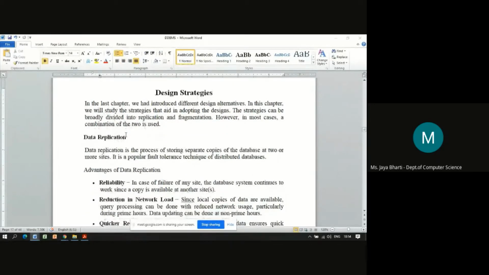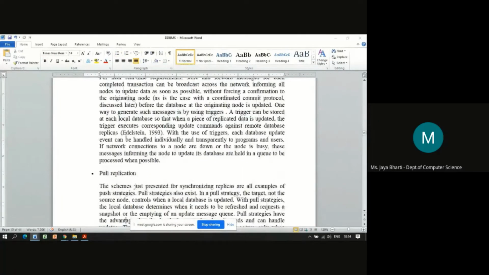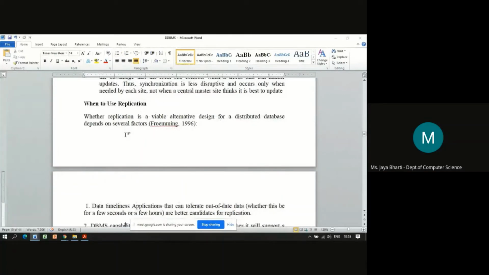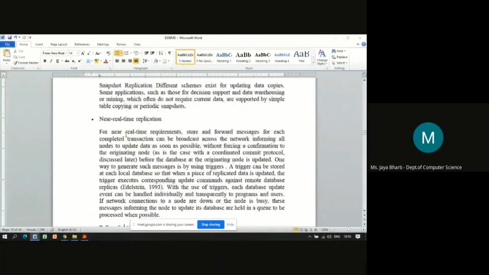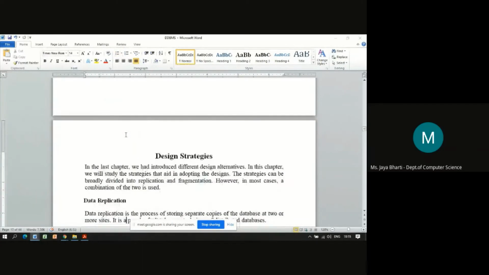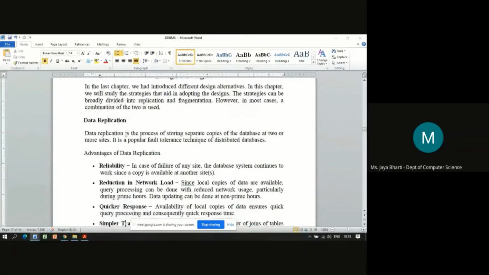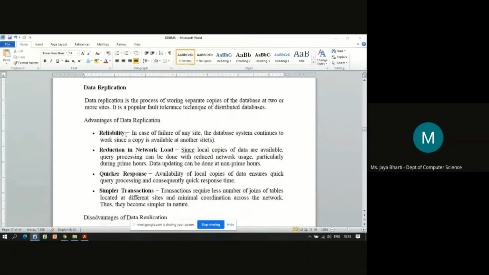Now, design strategies, which we also discussed during the last lecture. The data replication, the process of storing separate copies of the database, we also discussed during the last lecture.